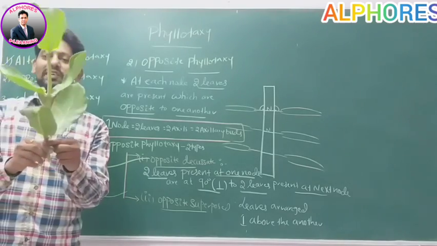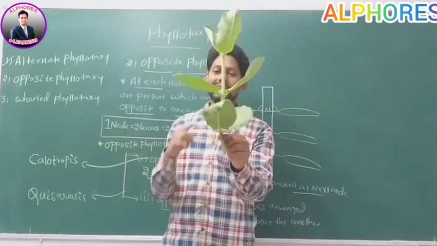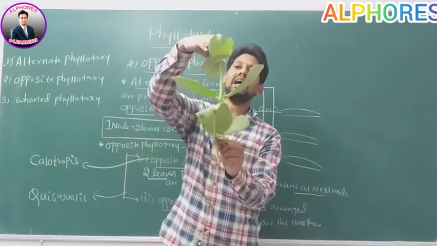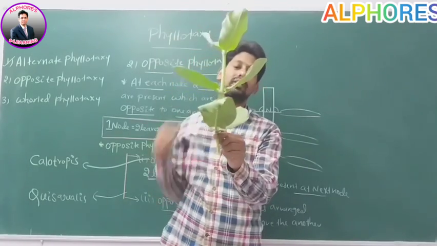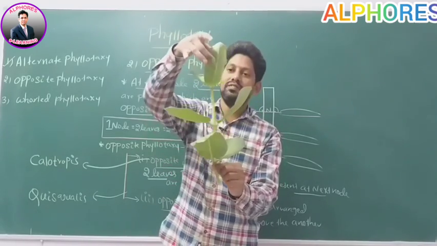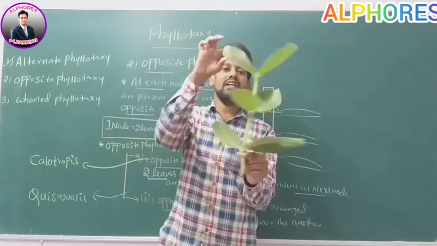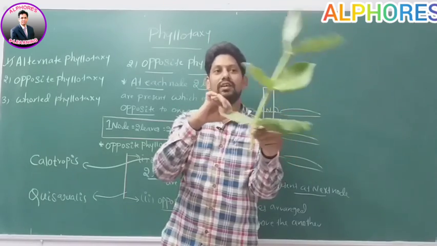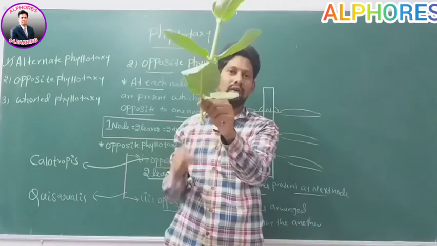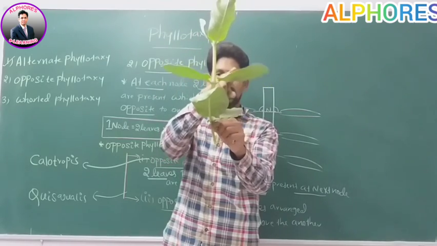Sir, this is which plant? This is Calotropis plant. Yes or no? Sir, in Calotropis plants, leaves are arranged in how many vertical rows? This is my question. See the plant carefully. This leaf is towards front. This leaf is also towards front. Therefore, this is one vertical row. This leaf is towards back. This leaf is towards back. Therefore, these two leaves form one vertical row. Yes or no? This is one vertical row towards right. This is towards left, another vertical row.